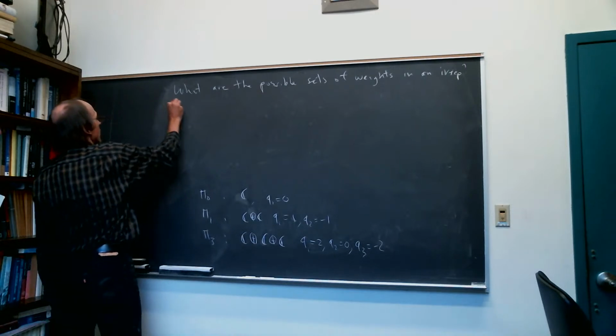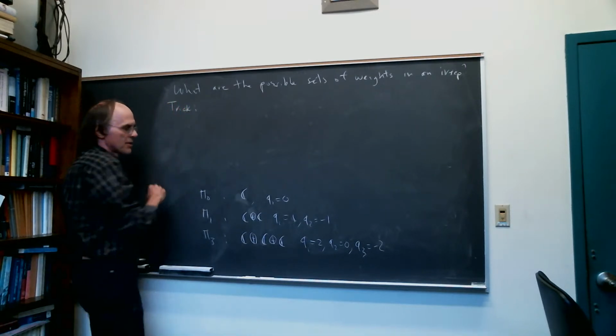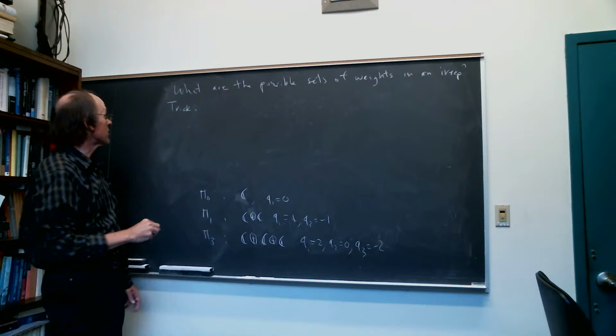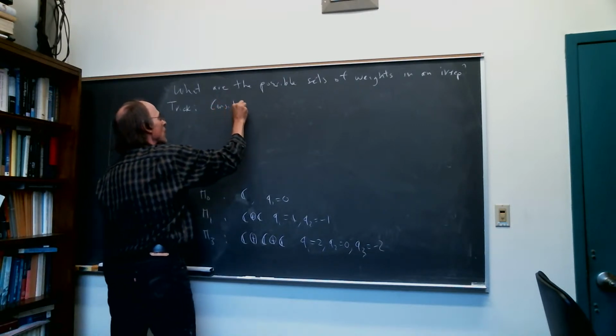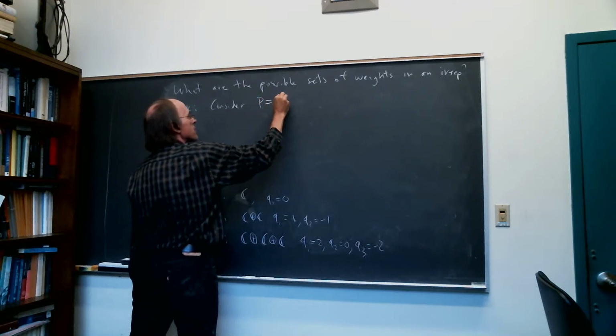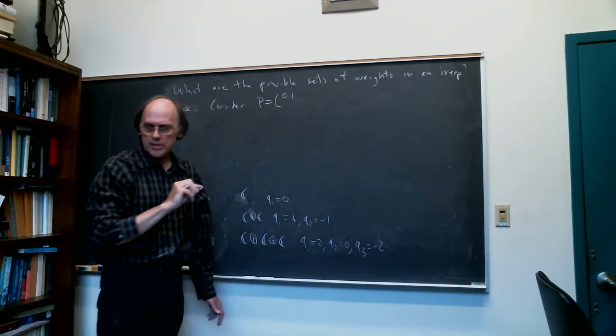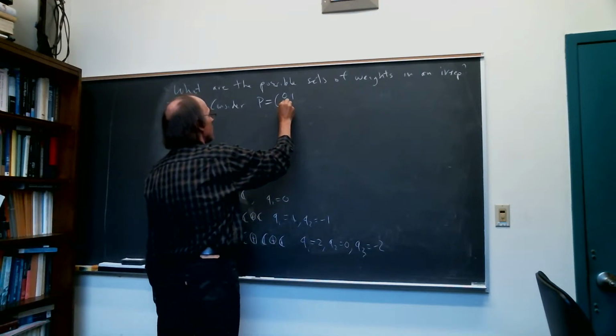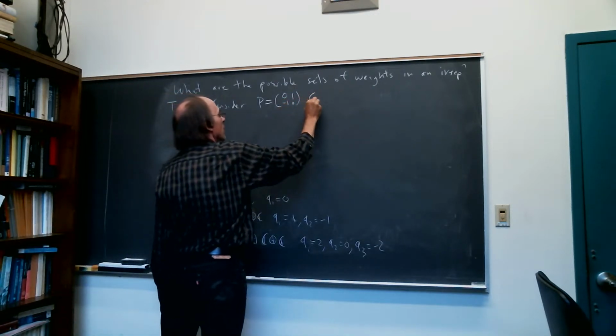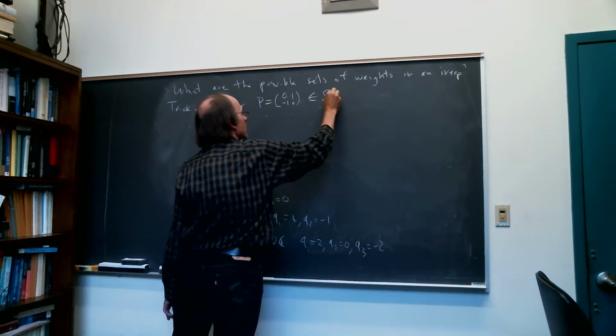One trick, which you can work through in more detail in the book, is to consider P, which is 0, 1. Sorry, what's the sign? I hope this is the right sign. This is an element of SU2,